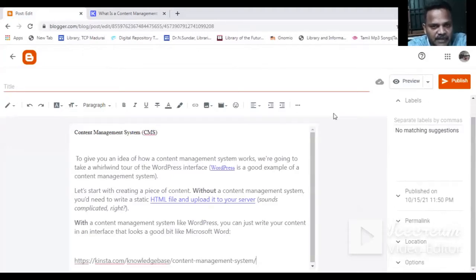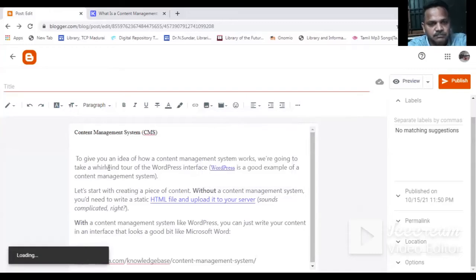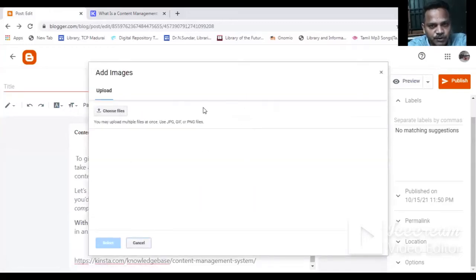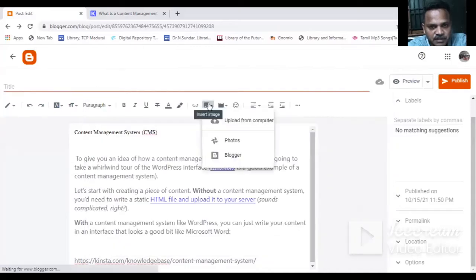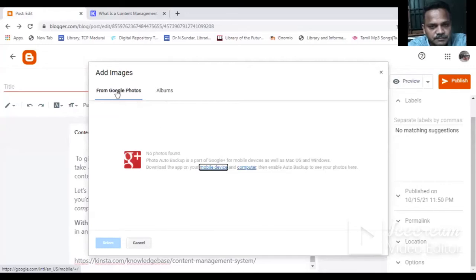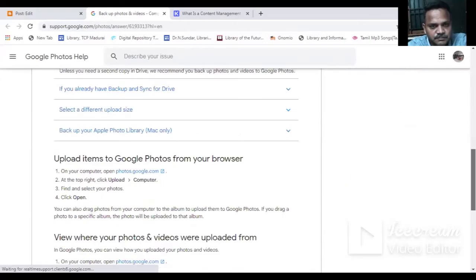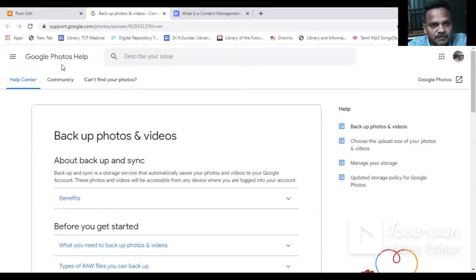Okay, you can add an image, you can add a video, anything. I'm going to add some video. The photos I'm going to add from my YouTube, let me take it from my system. Okay, it takes time.